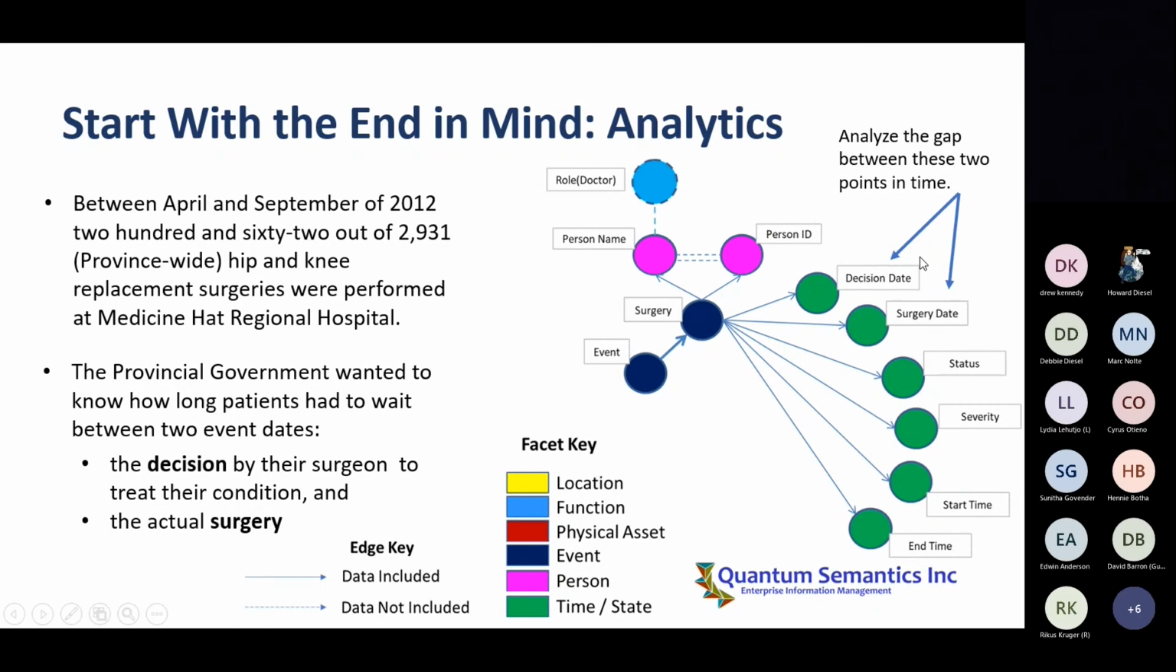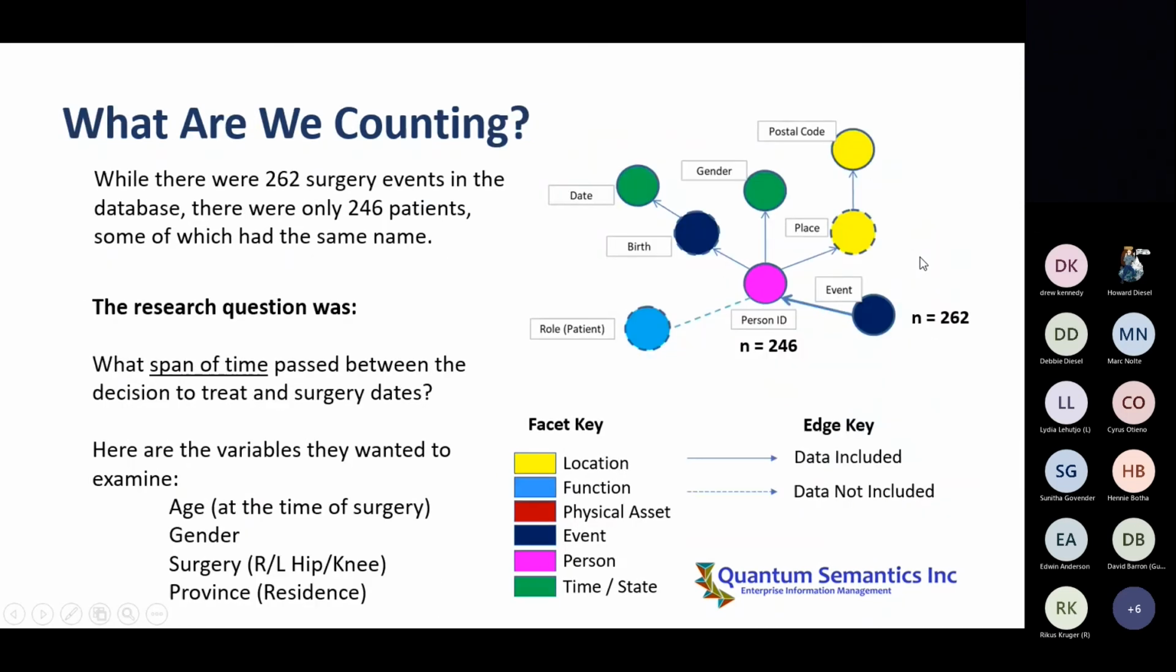Right. So the other thing here is, what are we counting? So this is the little, what did I used to call these things? Constellations, I guess. So this is the event. There were 262 events. There were 246 people. To get to that number,